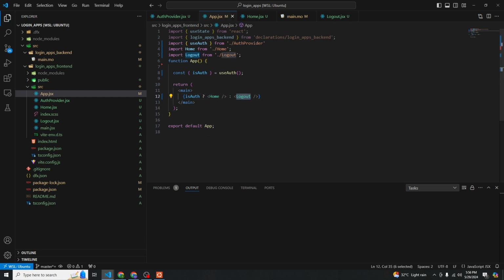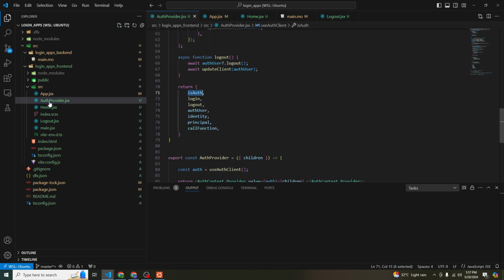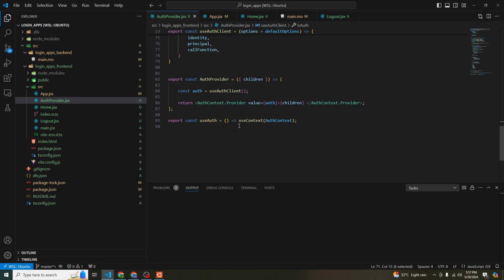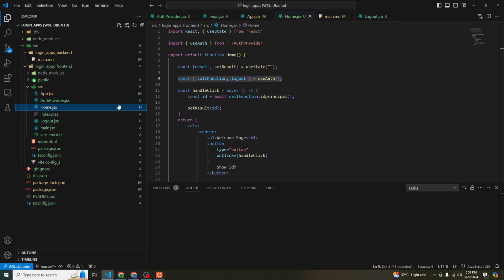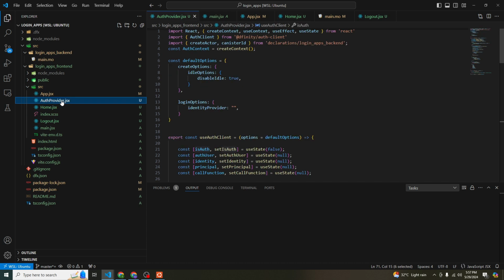So next one, we need to import authentication provider from this one. So we change this one into this authentication provider, and then authentication provider we call from this one. All right, so I think that's all. Home, provider,